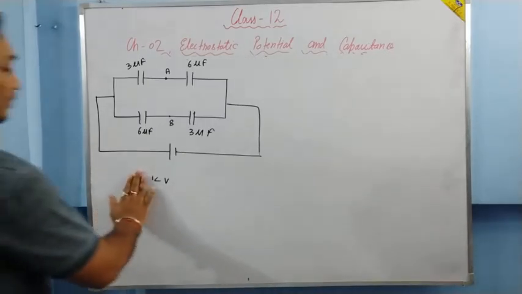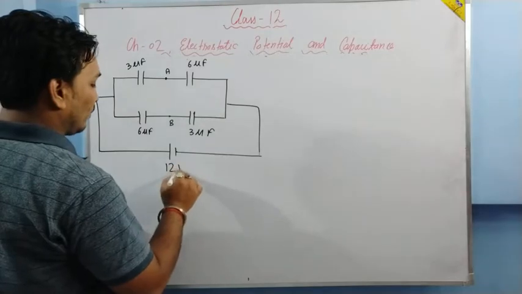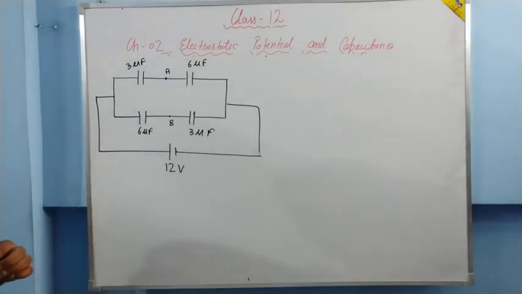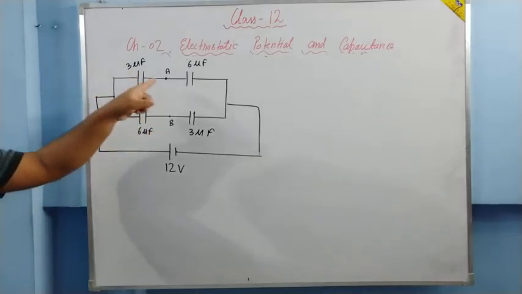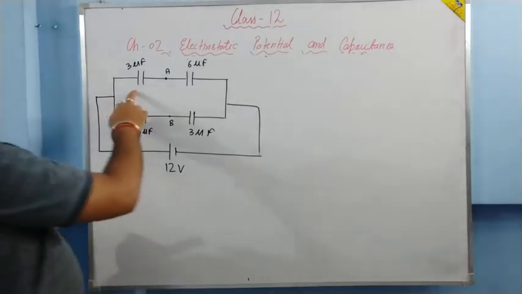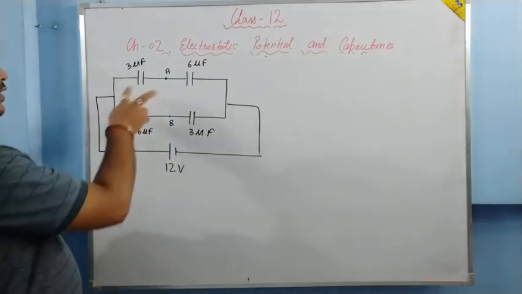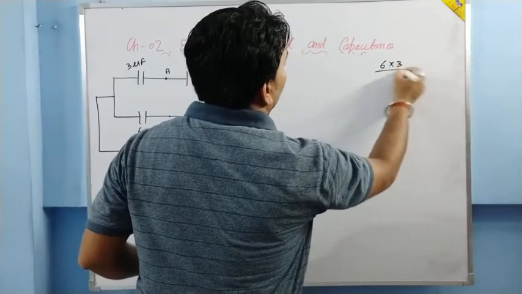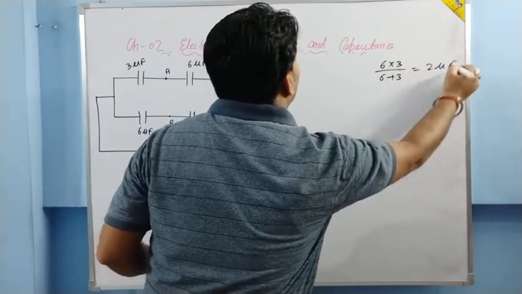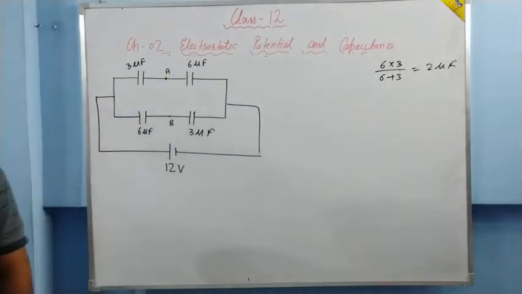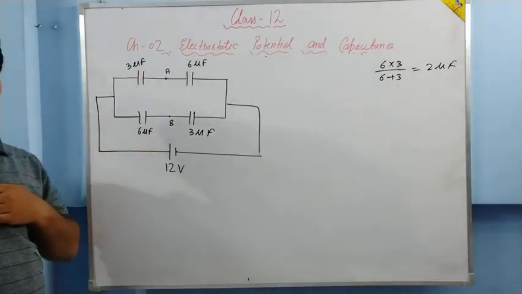Next question is, a circuit is given. What we have been asked is, what is the charge on each capacitor? And the second question is, what is the potential difference between A and B? Potential at A minus potential at B. Okay, let us solve. 6 and 3 are in series. If they are in series, then equivalent will be C1 C2 upon C1 plus C2, which is 2 microfarad. Same will be here also. So it will be 2 microfarad, and 2 microfarad. What will be the total answer? 2 plus 2, they are in parallel, 4 microfarad.